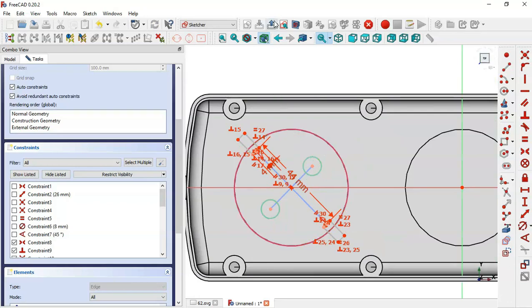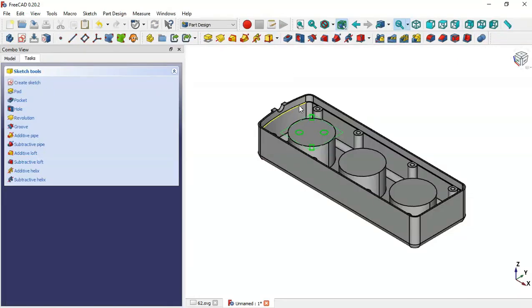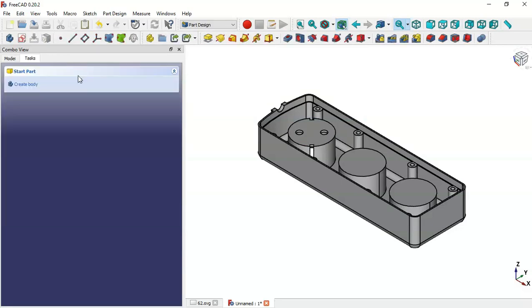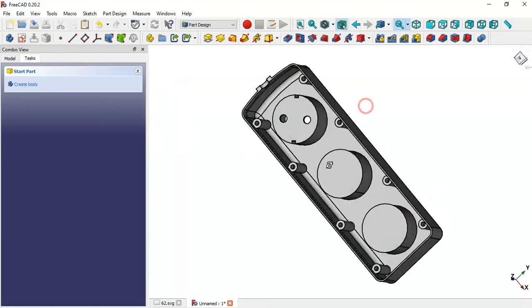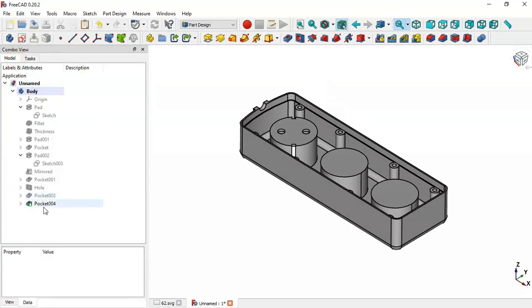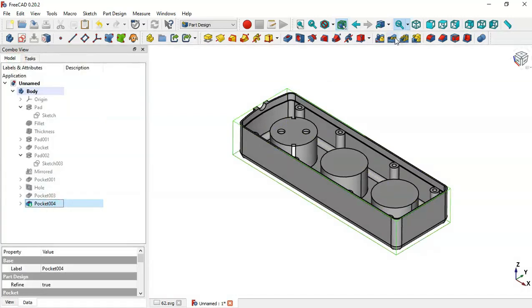And next we'll leave this sketch and we go to pocket tool. And here we set 35 minus 2.5 and okay. And now we have these pockets. So next we select this pocket here and we go to this polar pattern tool. We go to this linear pattern tool